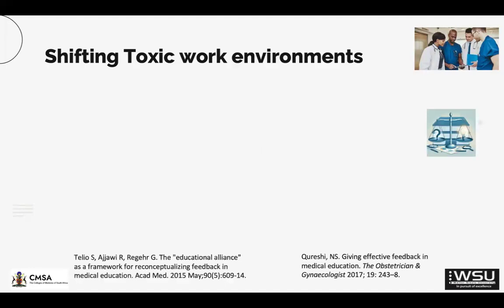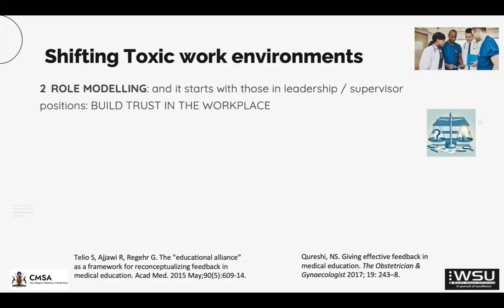But probably the most important part, and in some ways also the most difficult part, is that what affects the whole department underneath is actually what happens at the top. One can call it role modeling, but it's almost like a cascade effect. If you have a leader or supervisor, people who have power within the department, coming to that department from that warm, curious, calm space we've been talking about, that creates trust within the workplace and creates a cascade of "this is how we roll in this department."